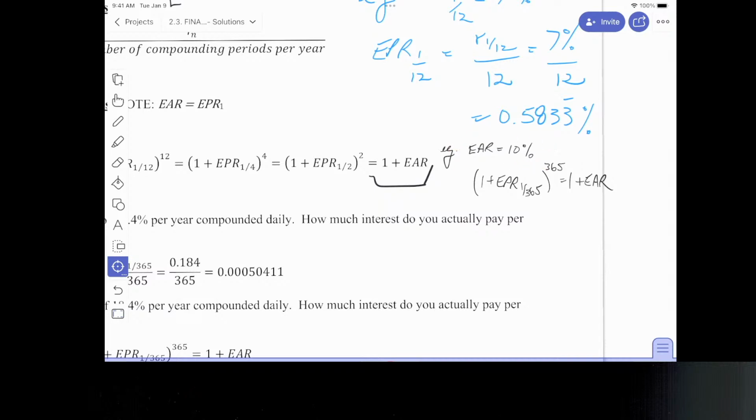So they give you an effective annual rate and you want to convert it to understand it in months, let's say, because you want to make payments in months. So you need the effective monthly rate. Or if you want to compare it to mortgage rates, then to solve this, you would take